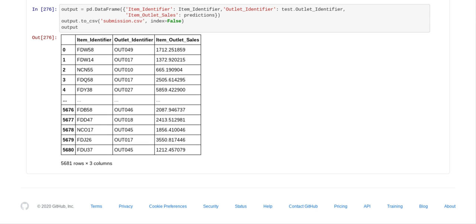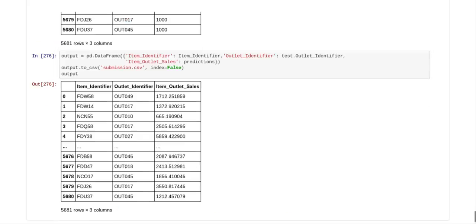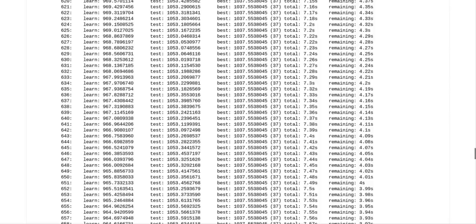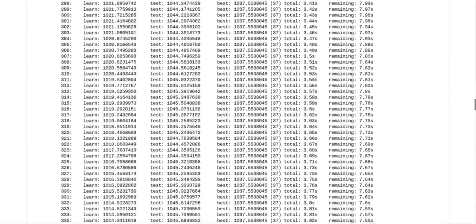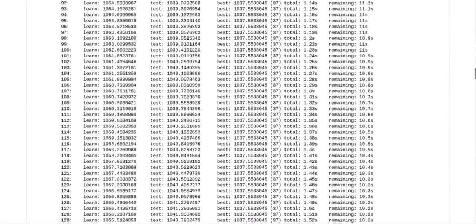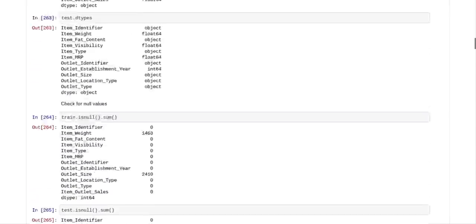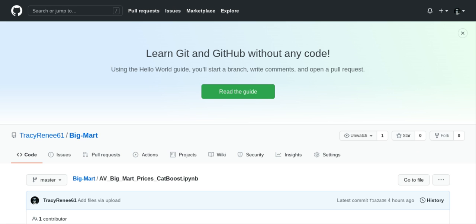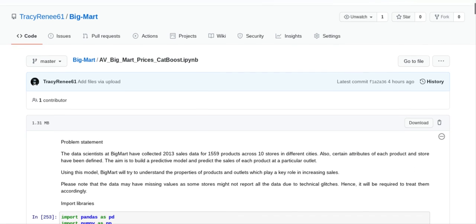I just thought that I would mention that in case you want to take this algorithm and experiment with column transformer, because column transformer did actually give a higher accuracy, but it gave a worse RMSE as well. So if Analytics Vidhya had said that they wanted to test on the accuracy, I would have gone with the column transformer algorithm. So that concludes our presentation on this Big Mart algorithm, Big Mart